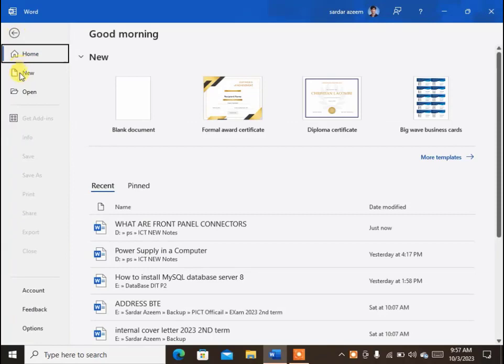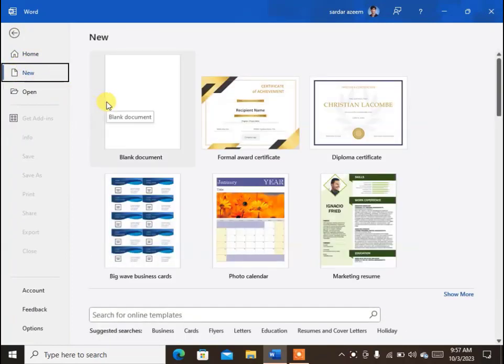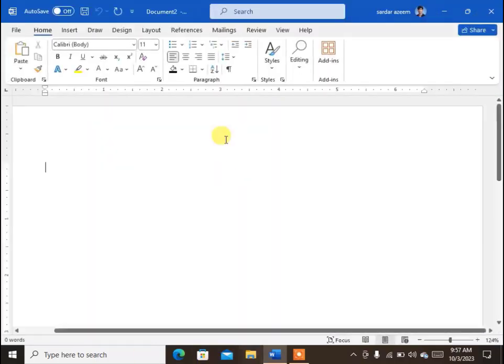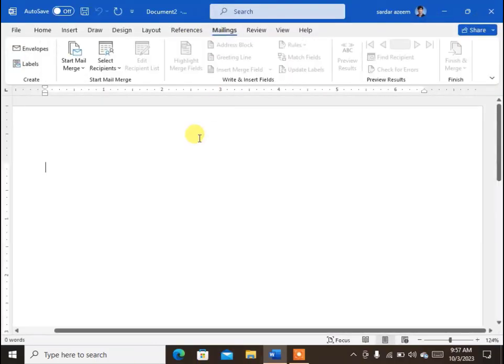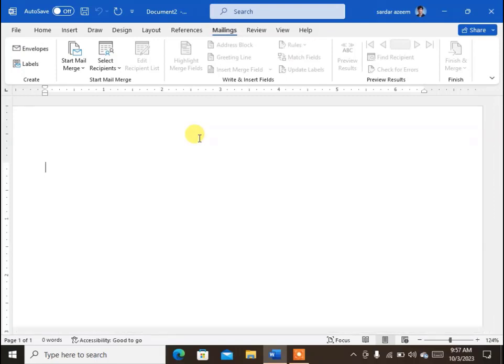For that purpose, we can go to File and click New Blank Document or press Ctrl N from our keyboard and create a blank file. The first command in the mailing menu is Envelope. The Envelope command is used to create a custom envelope of your own. Custom envelope helps us